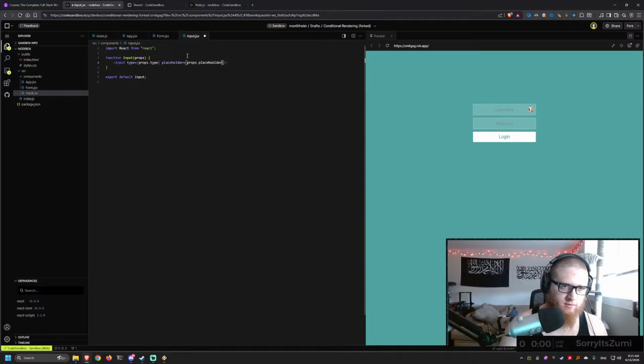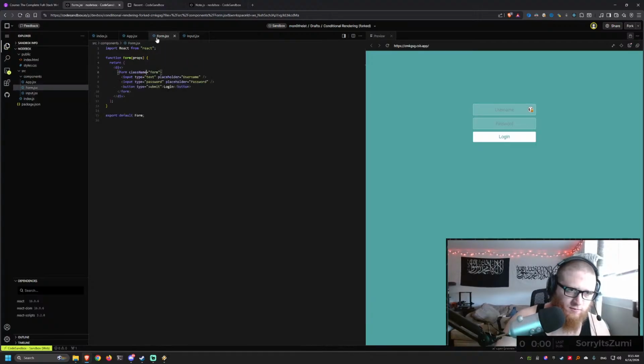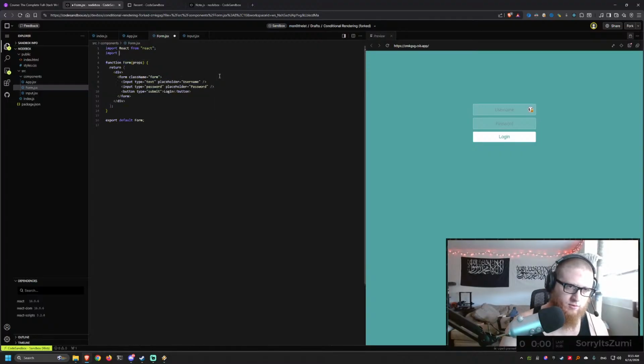Props.placeholder. Okay, I think. Okay, so what we actually want here is an input. Oh, I gotta import it first. Hold on. Import input from